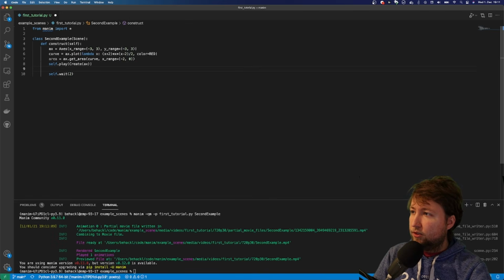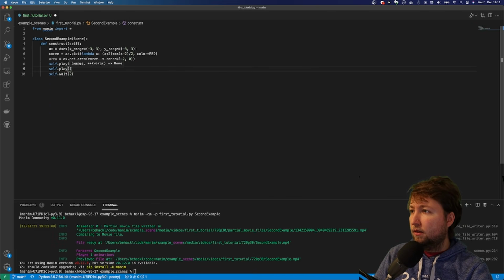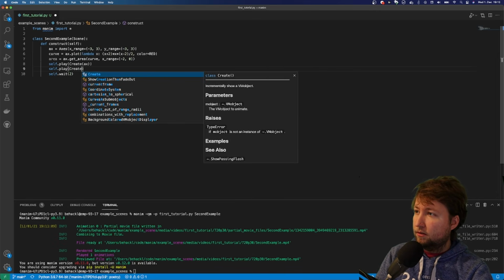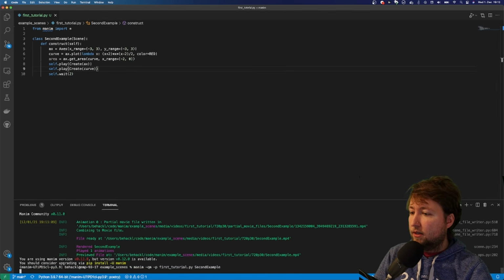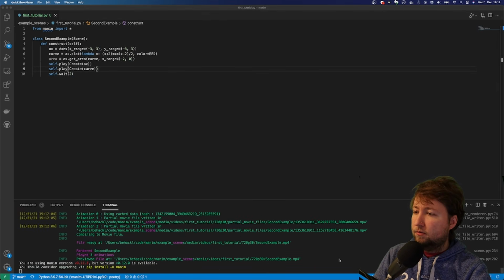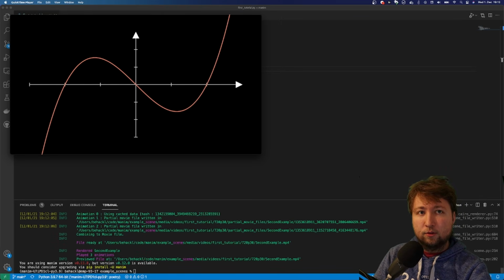We have the creation of the axis. Let's now also add self.play, maybe the area, maybe the curve. So create curve. Look at how that looks. Fancy. So first the axes are drawn and then the curve.